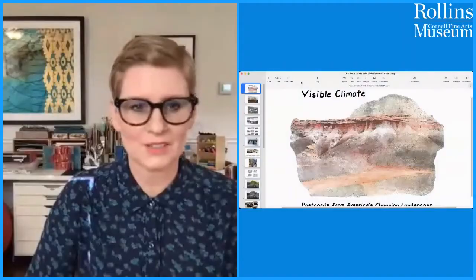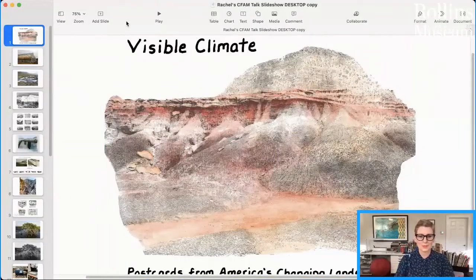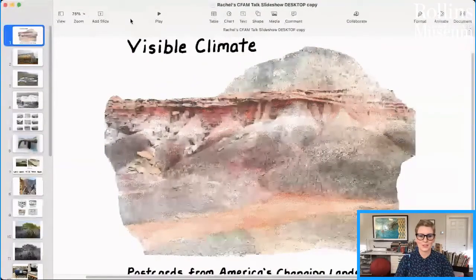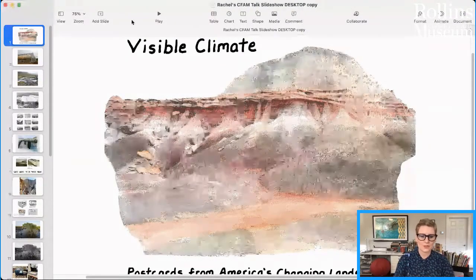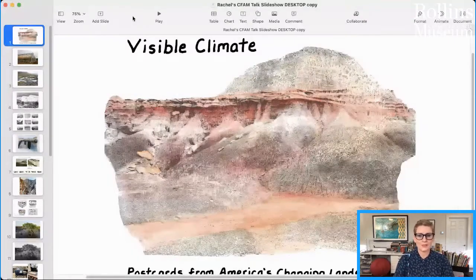Lee and I are gonna trade places multiple times because we're collaborators on this project. So I'm Rachel Simmons, and I teach in the Department of Art and Art History, and I specialize in artist books and printmaking. And I'm gonna walk you through a kind of unique collaboration that I've been involved with Lee for, oh my gosh, 11 years now.